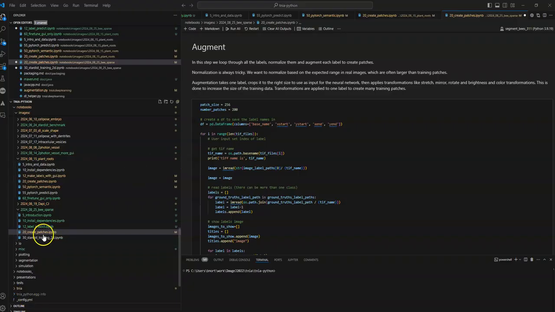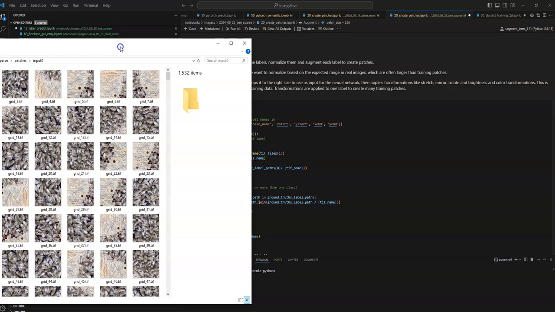Okay, so the next 2 steps are creating the patches and training, and I've shown similar notebooks before. For the sparse version, there's one key trick here. You have to actually subtract 1 from the labels, because remember, 1 was background that we labeled, and we want it to be 0, and we want everything not labeled, which is 0, to be negative. So after running the augmenter,